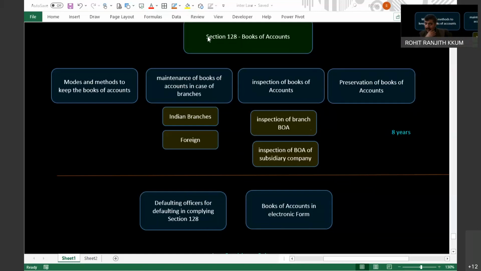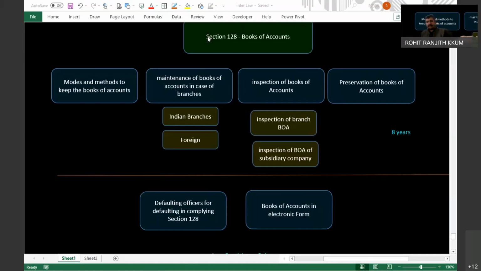Fine. After that, books of accounts in the electronic form. Obviously, today you understand, who maintains the books of accounts manually? Is it really easy to maintain the books of accounts manually? No. So in the Companies Act 2013, companies are allowed to maintain the books of accounts electronically. But